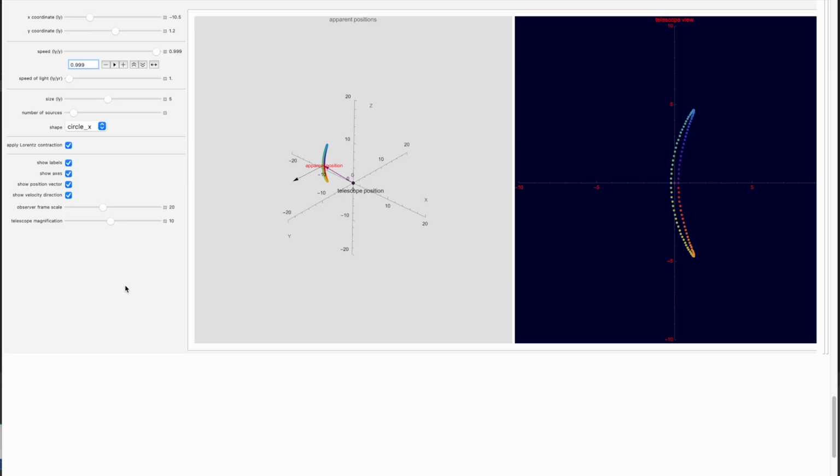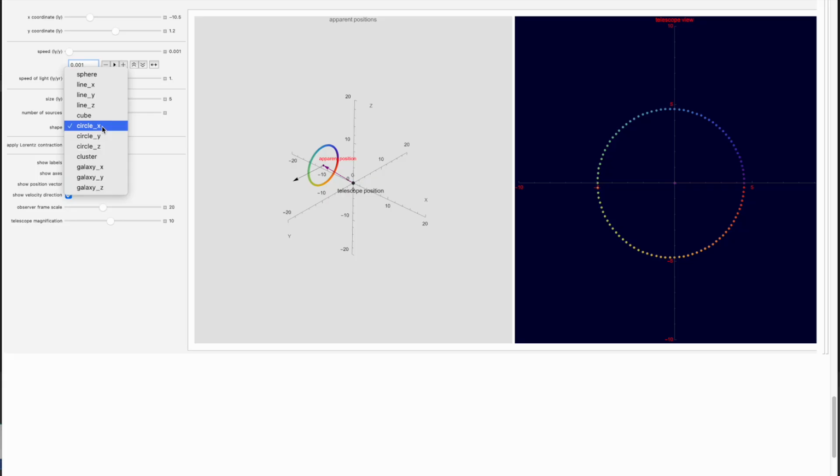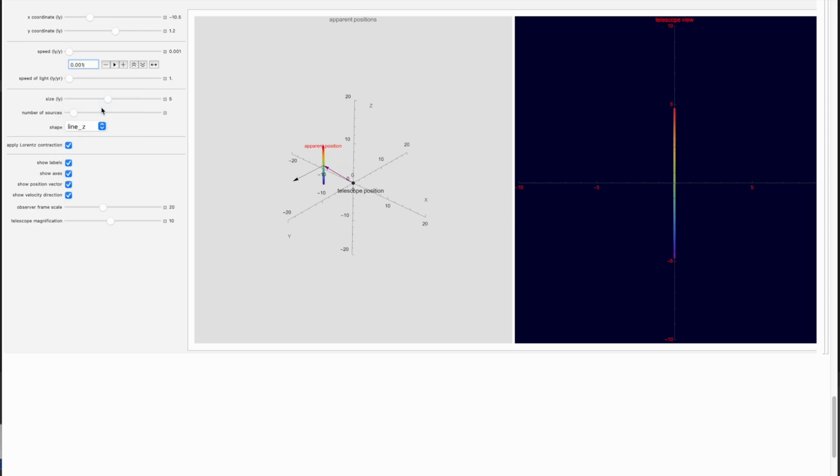Okay, so that's enough with circles. Let's now go to another case. Our final case, I'm going to put the velocity back to a low value, and I'm going to go to the case of a line. And I'll start with a line that is in the z direction. Here's a line.